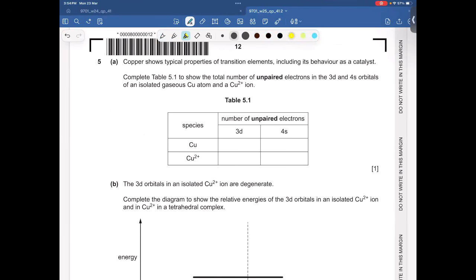Copper shows typical properties of transition elements, including behavior as a catalyst. Complete table 5.1 to show the total number of unpaired electrons in the 3d and 4s orbital of isolated gaseous copper atom and copper 2 ions. First of all, let me write down the electronic configuration of copper. So this is argon, indicate 18 electrons. We have,